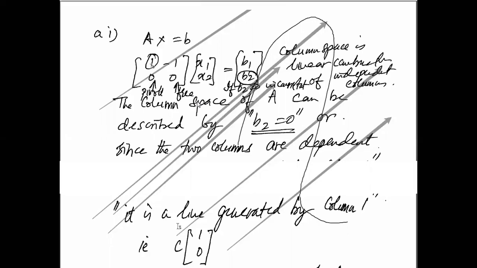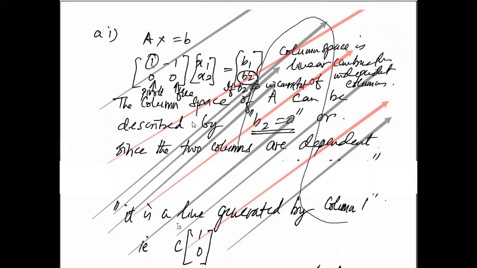Okay, so the column space of A can basically be described by b2 equal to 0, since the two columns